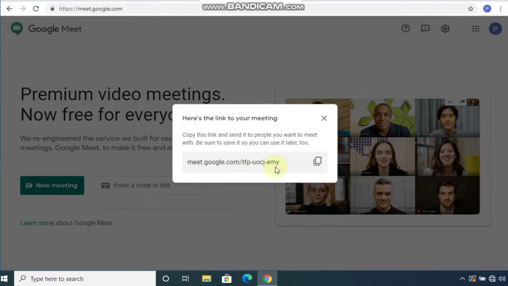Now this keeps on changing. This is the entire link, where this much is the Meet code. You can copy this information by clicking here, and you can give it in your WhatsApp group or through mail or any other medium to your participants.